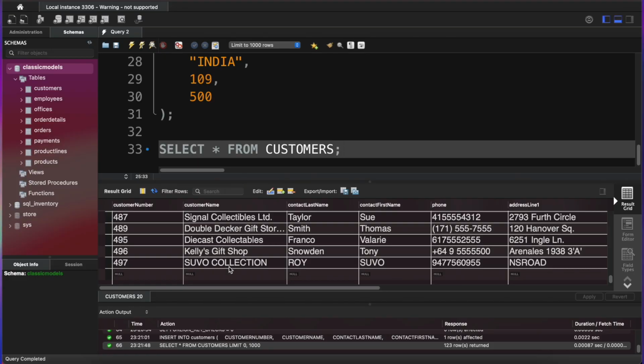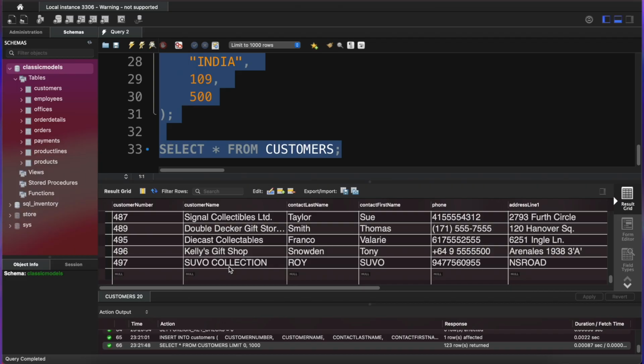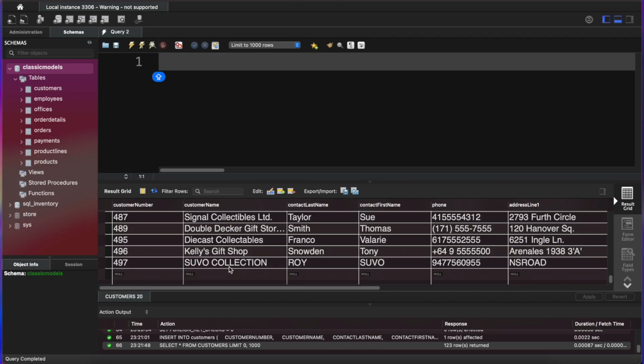Here it is. The Shubho collection is already inserted. So this is the way you can insert the data in a single table, or the same way you can add to multiple tables also. Next is null value. A null value is a field with no value, meaning it's valueless. So to check any null value, just type using the select function